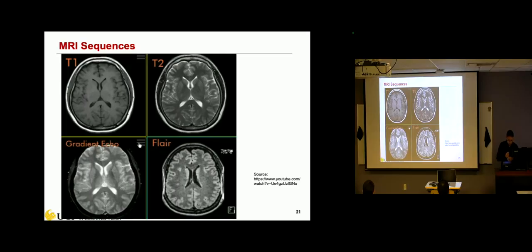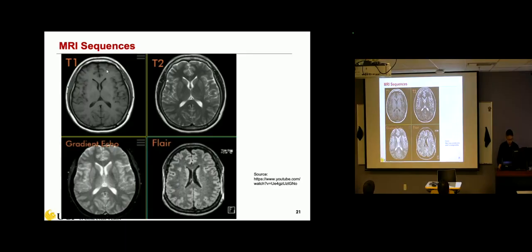So MRI has multiple different sequences, different acquisitions. We'll obtain a T1 weighted sequence, and the brain may look like this, and then the next scan we'll run will be a T2 weighted sequence, and then a gradient echo and a FLAIR, and several other ones. And also we do these in different planes, and you can see that there's a different tissue contrast between each one of these, so they have a unique signature for pathology and normal tissues, and using them all together, you'll be able to tell what is going on better than if you had any one.